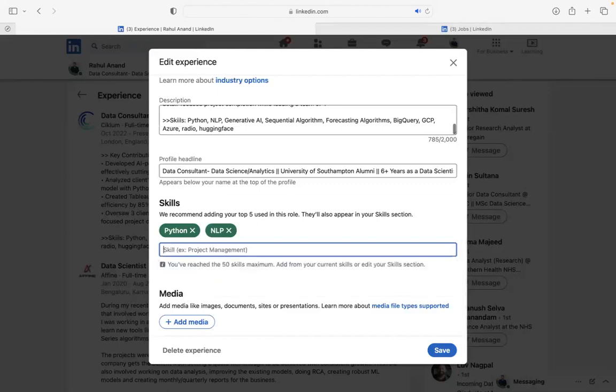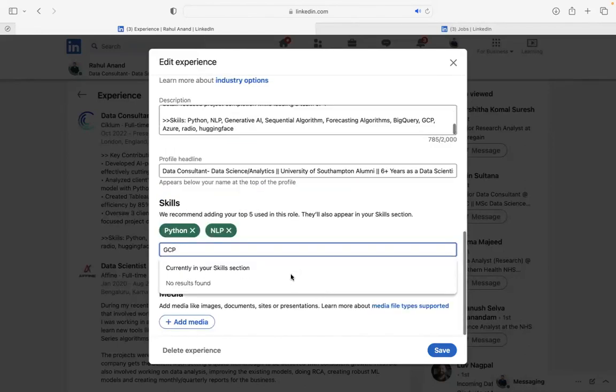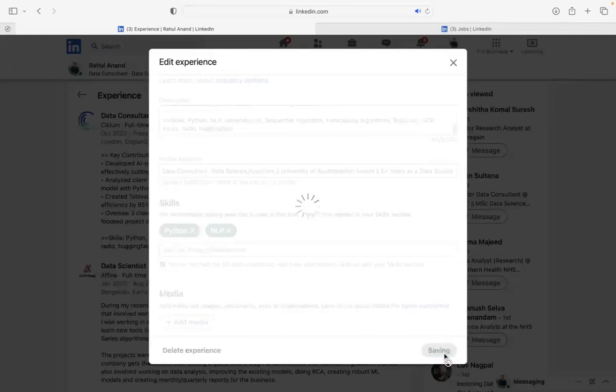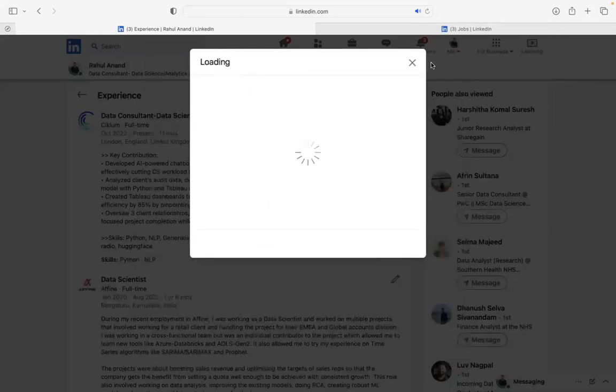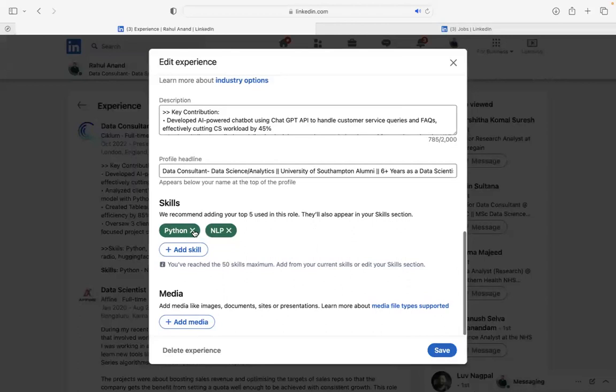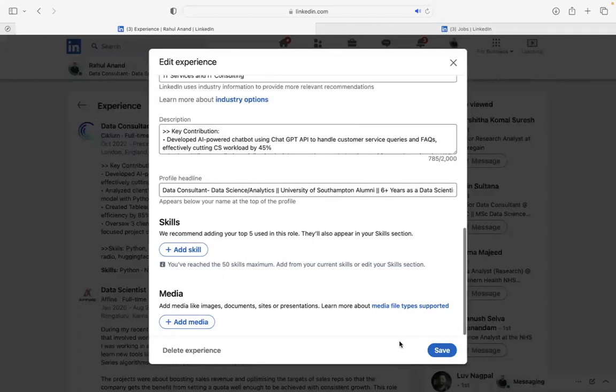Again, BigQuery is not coming, but it should come. GCP is not coming, but it should come. But I'm not making use of it. It's not important to make use of it. And it will only ask you to add up to 5 skills. If you want, you can add; if you don't want, you don't have to. Let's see if I save it, how it highlights. Okay, so you can see skills, Python, and NLP. I'll just remove it because that's not giving me any fruitful